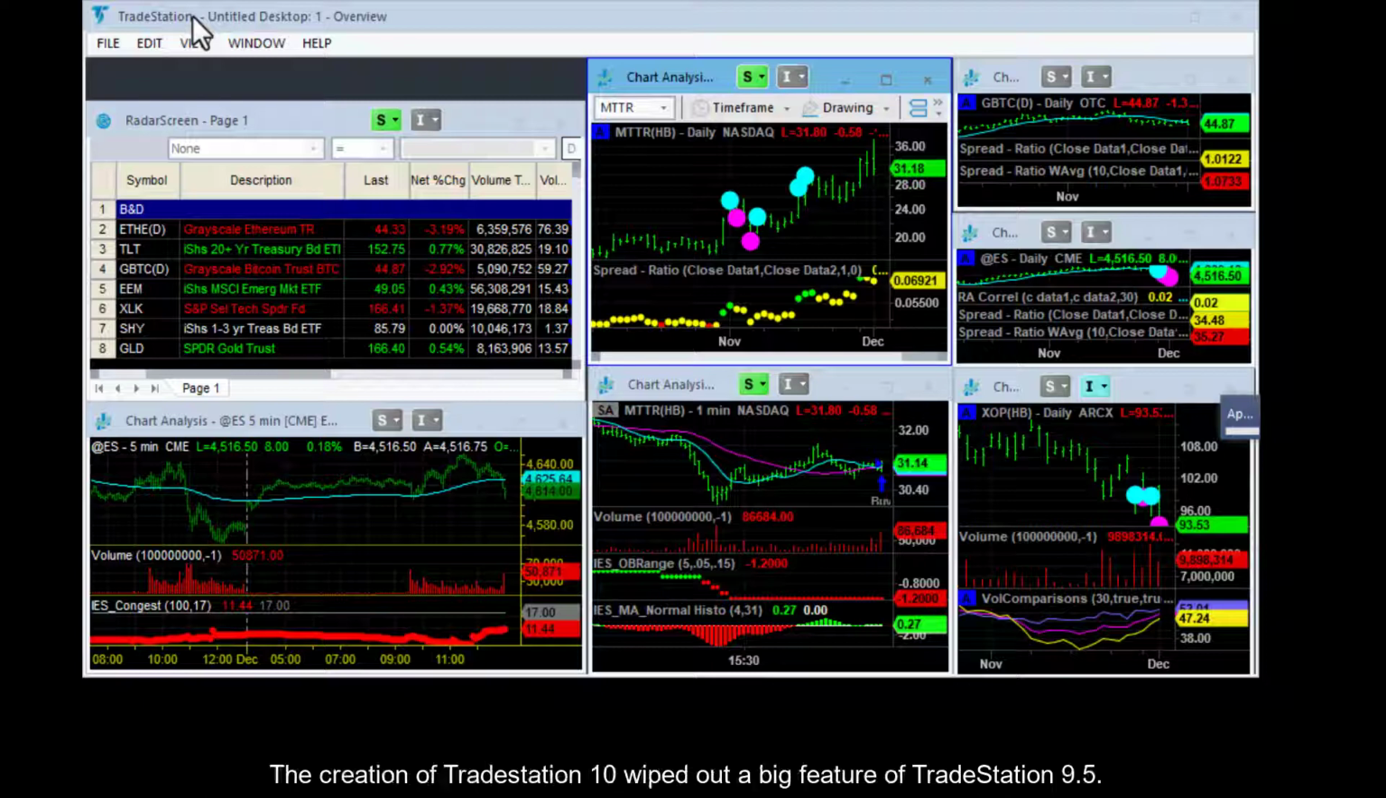The creation of TradeStation 10 wiped out a big feature of TradeStation 9.5. The user used to have control of exactly what components were visible in each chart menu. Now the only option is to display or not display the chart menus. Many chart options are no longer available and one menu doesn't work at all. Most things are at least one level further down in the submenus than in 9.5 and require more mouse clicks